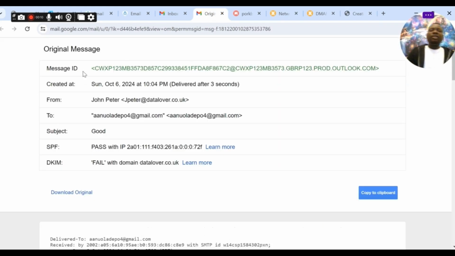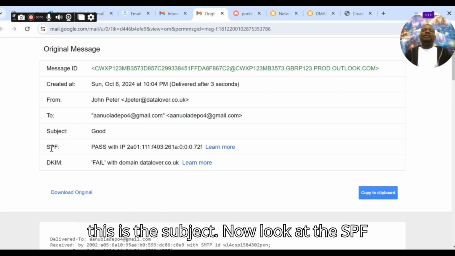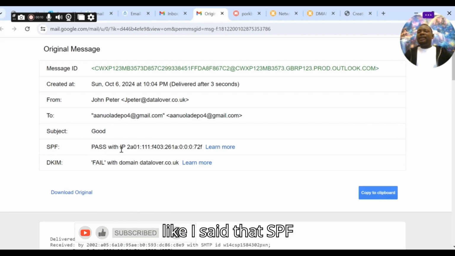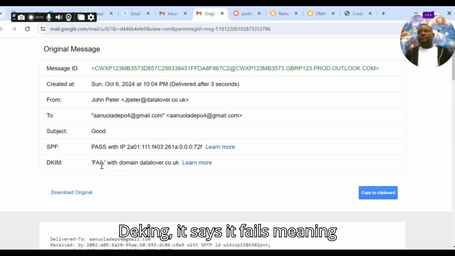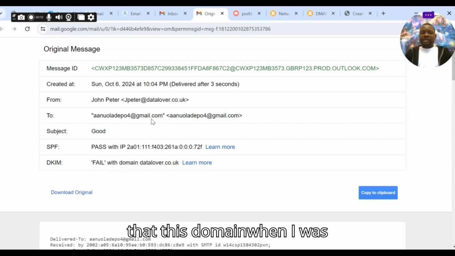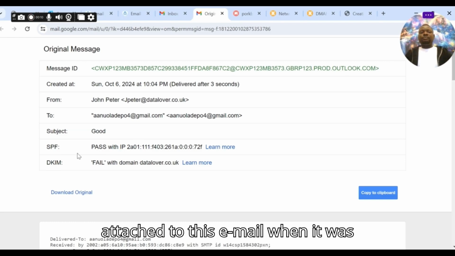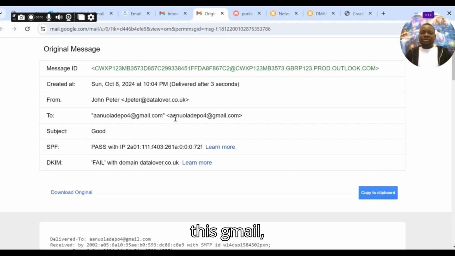So I sent an email from my domain datalover.co.uk to my Gmail account, and this is the subject. Now look at the SPF, which means that it passed with IP, just like I said that SPF uses IP. But look at the DKIM, it says fails, meaning that this domain, when I was sending this email, for the digital signature, the key that is attached to this email, when it was checked by the receiver, which is this Gmail,